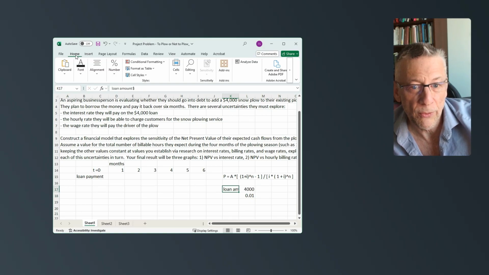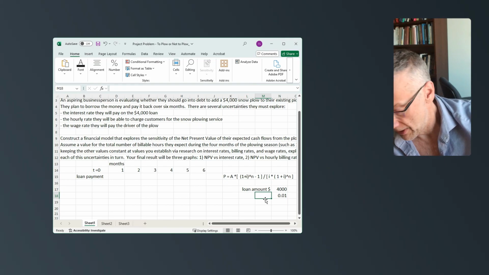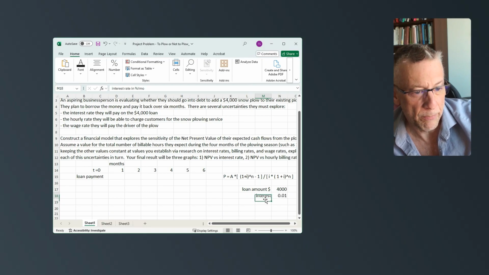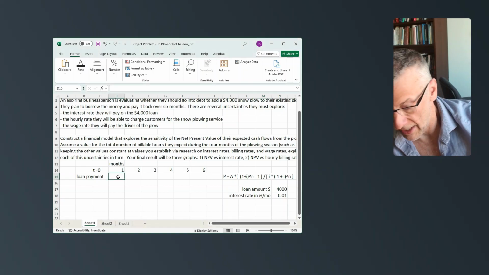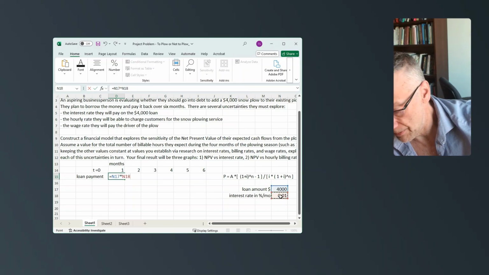We're going to do a little formatting on that. And then here's the interest rate, 0.01, which is sort of convenient. Interest rate on the loan in percent per month. Boom. So now I can reference these cells when I say it equals the loan amount times the interest rate